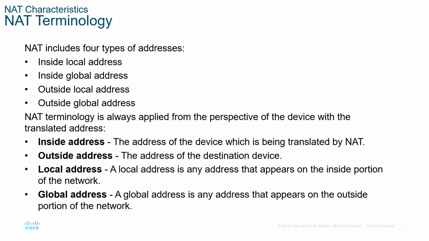It basically translates our inside local address, which is the private address, to an inside global address, which is the public address. The types of addresses that we have, I think we've basically defined these two already. The inside local address, that's our private IP address. The inside global, that's our public IP address. Then the outside local address, that's our destination address. Then the outside global address, that's also the destination address. But